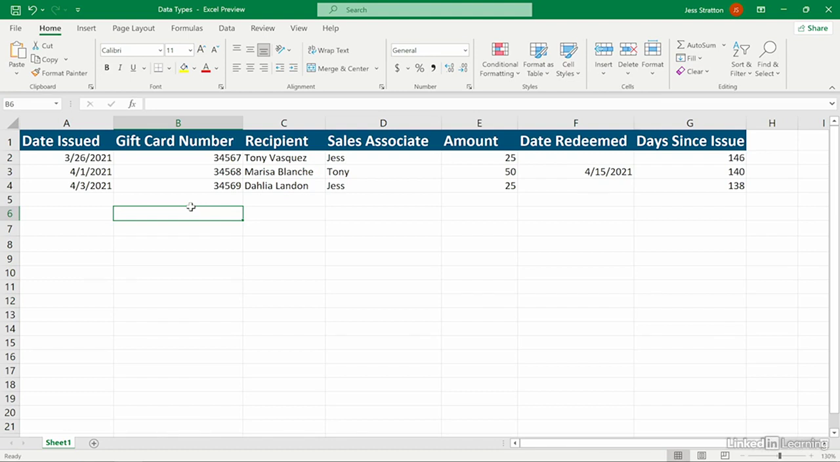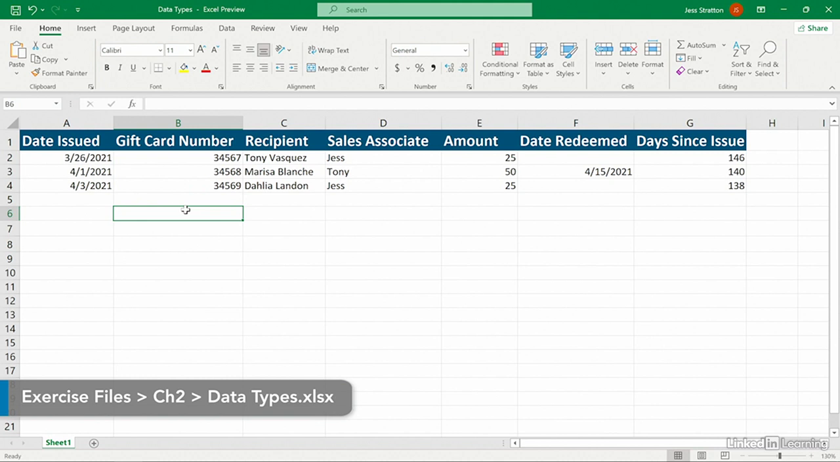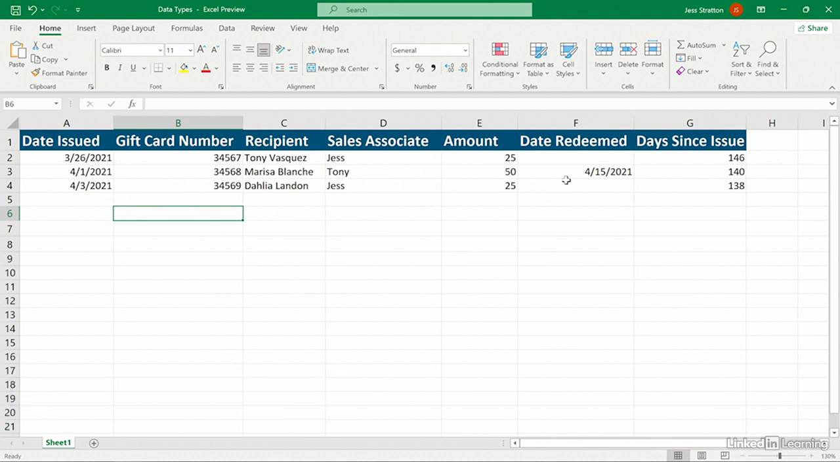Let's talk about data types in Excel and why they're important. This is a great example because it contains all sorts of data types. There's text, there's numbers, there's dates. Excel does a really good job at figuring out what data type to use when you're entering data into a